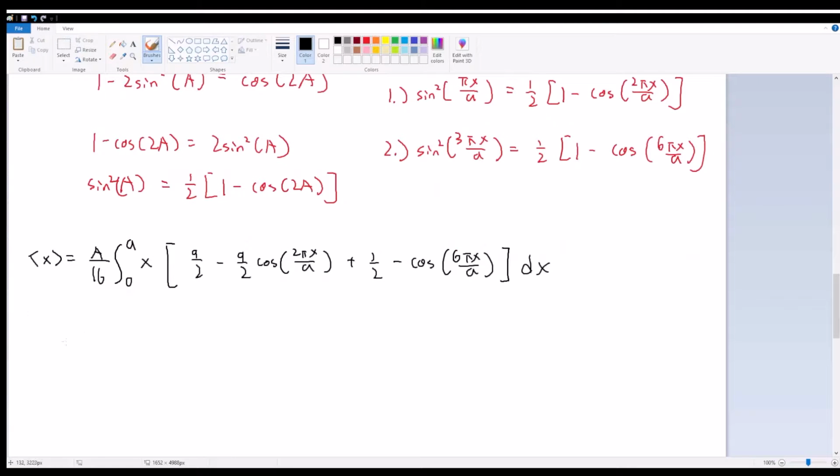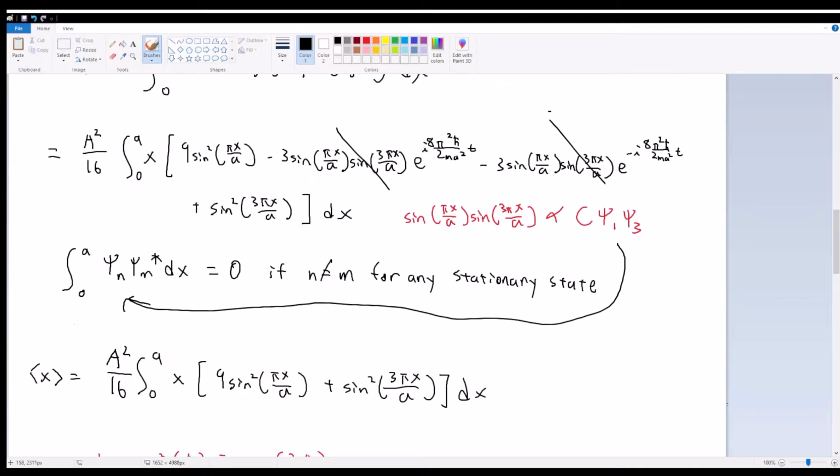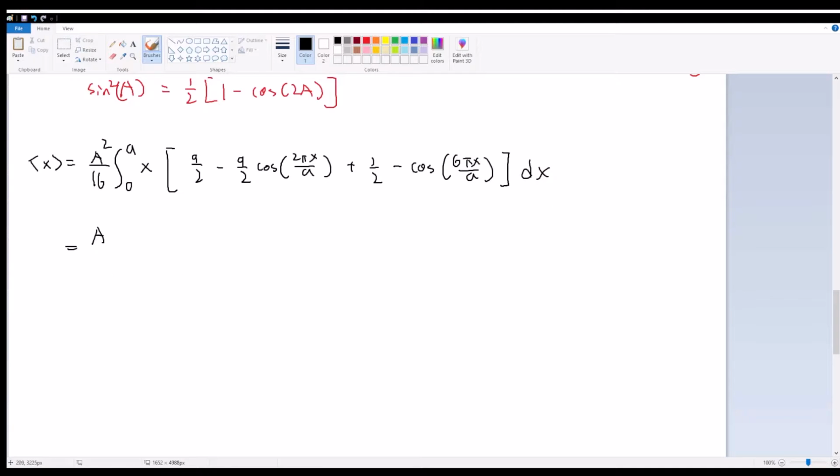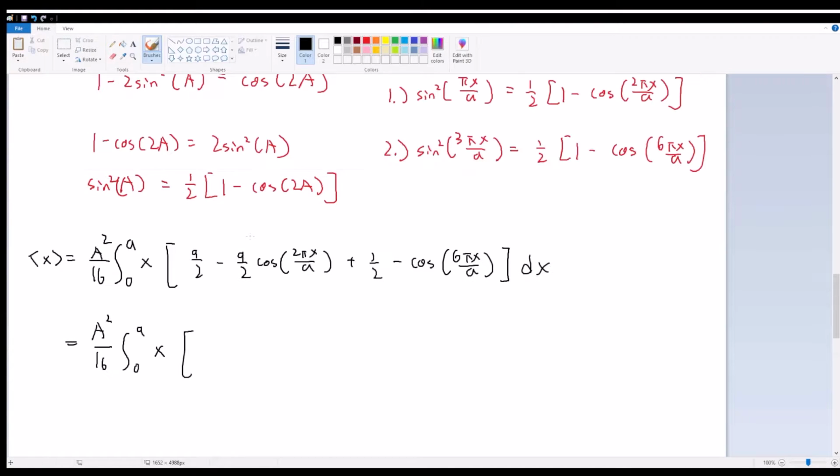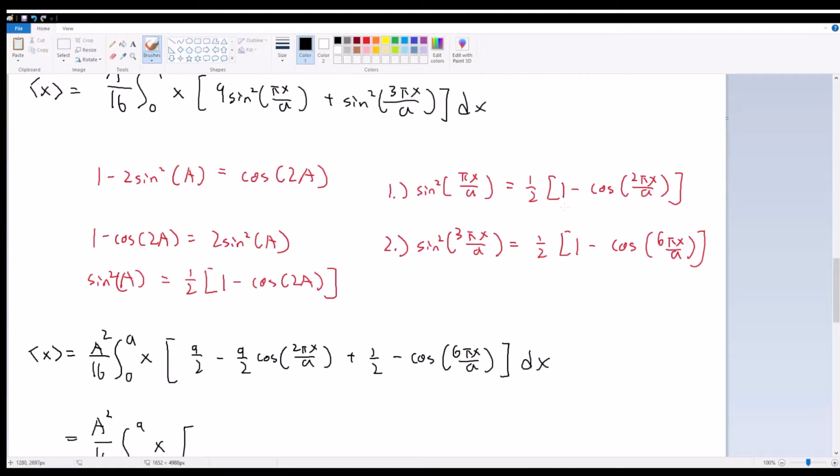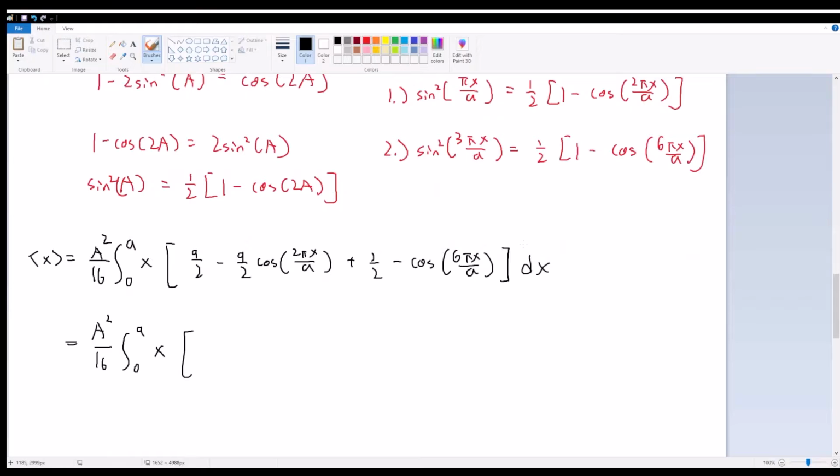There's supposed to be a squared term at the front. I completely forgot. A squared over 16 times the integral from 0 to a of x times, is this correct? 9 halves plus 1/2. Yeah, so that's 10 halves. This is going to be 5 minus 9 halves cosine 2 pi x over a minus cosine 6 pi x over a